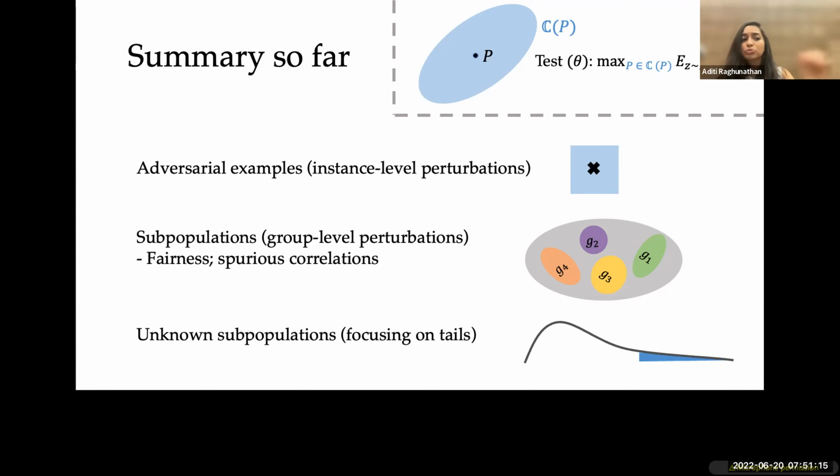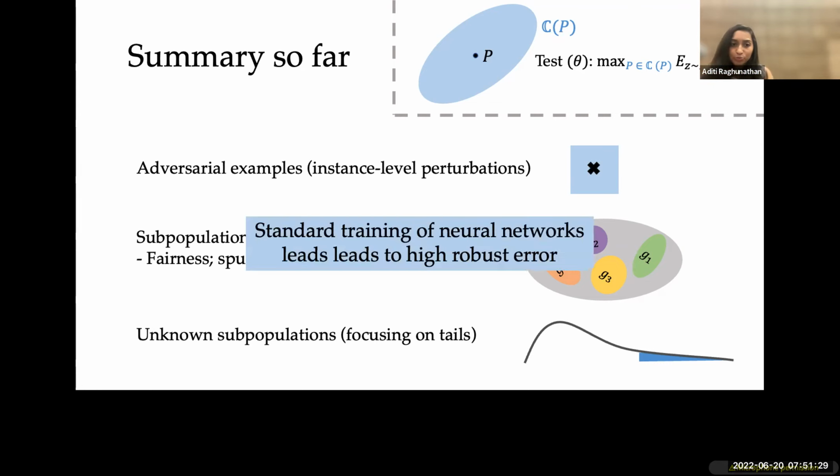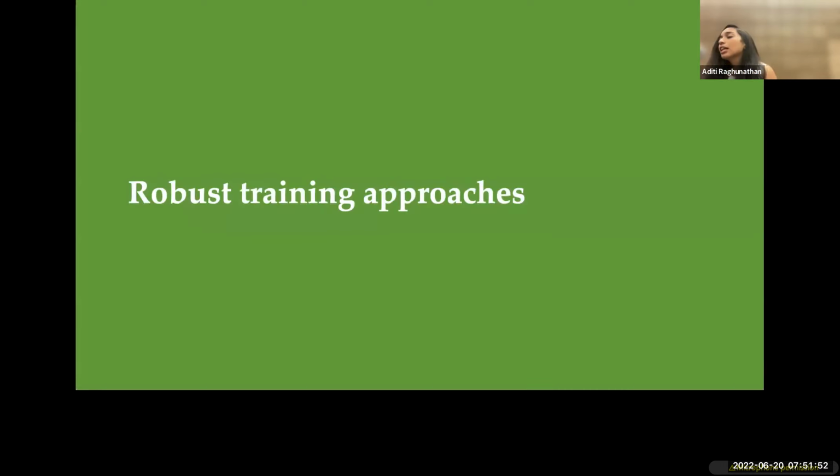So I'm running a little short on time, so I'll very briefly speak about the next two parts. I spoke a lot about evaluation, but we can talk about how well models actually work and show you some numbers. And then in a few minutes, Ludwig will start. So the main takeaway is that we have this really nice formulation for evaluating, but when we actually apply that in evaluating systems, we find that if we just did the normal ERM that most of CVPR, for example, does, the performance is just really bad. So the worst case error is almost 100% in all these different ways of evaluating. And so that led people to think about how we train models to allow for this kind of robustness.